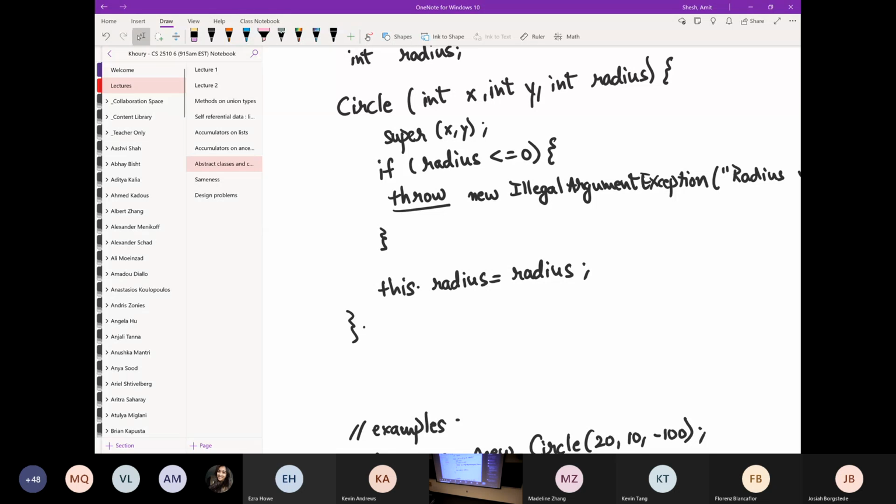Here, if the if statement is not true, I just want it to go to the next line, which it does already. Okay? And so if you wanted, you could have an else and then this.radius equals radius be inside that else. But writing it like this, the behavior is identical. Okay? All right,